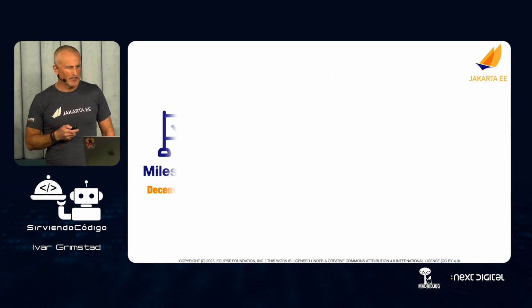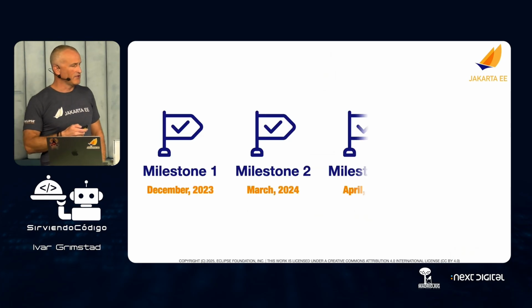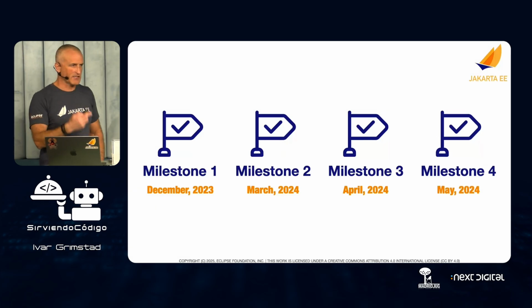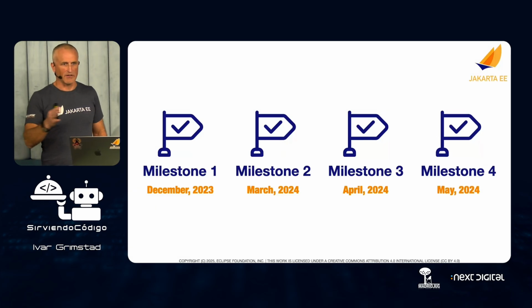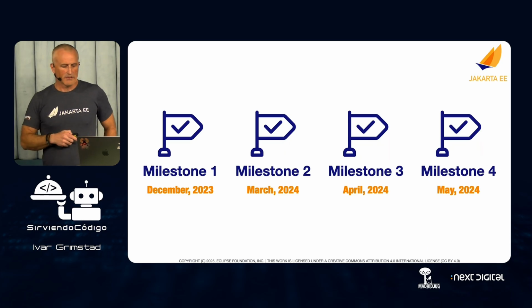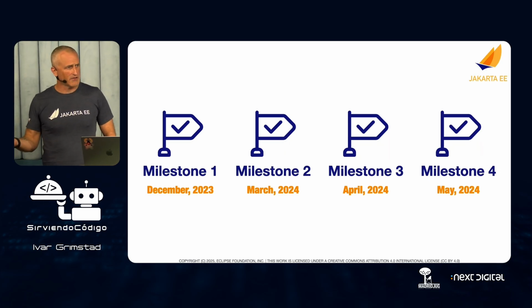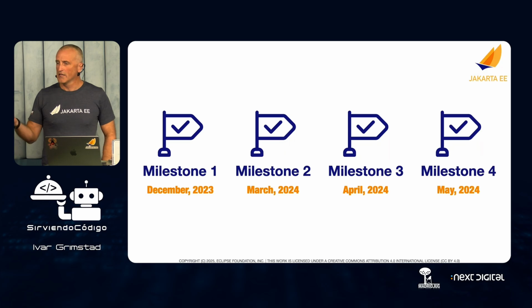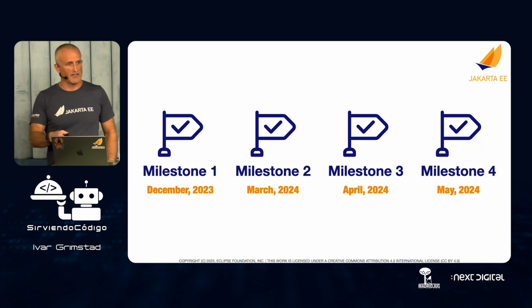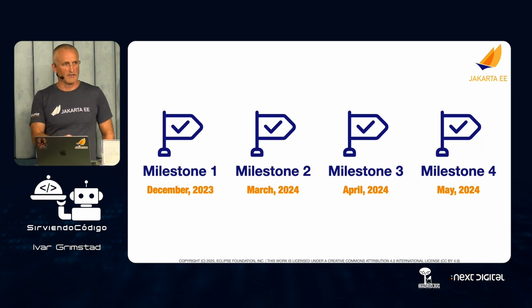But we weren't really able to do this because of the TCK refactoring, but we are working on 12 and we're still sticking to the plan that it should be released in 2026. So this was kind of just a little glitch. There is a milestone of all the APIs out in Maven Central. It was released in May, so we were done with all the specifications and all the work in May. So it has taken from May until February the year after to do the TCK refactoring. So you can understand how massive that job is.